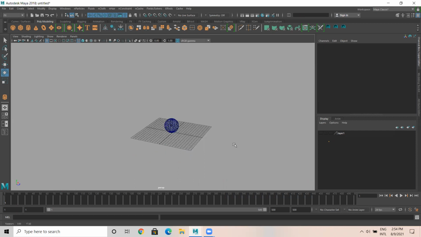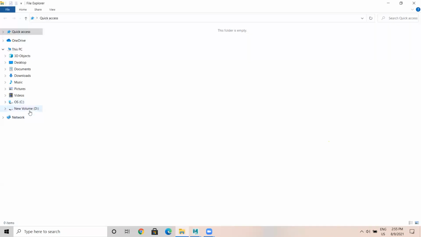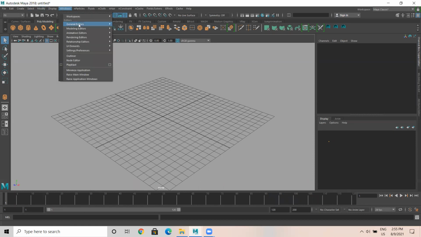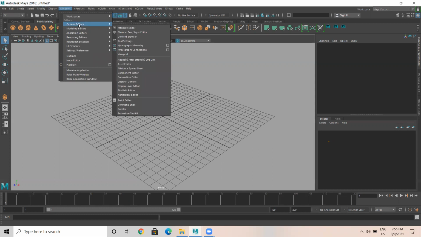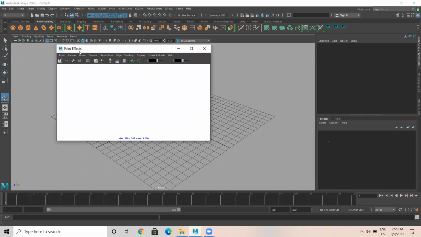Yes. Now let's create something different. What I would like to do is take something which is already animated. I'm gonna go to Window and take Visor. I go to modeling editors, paint effects.